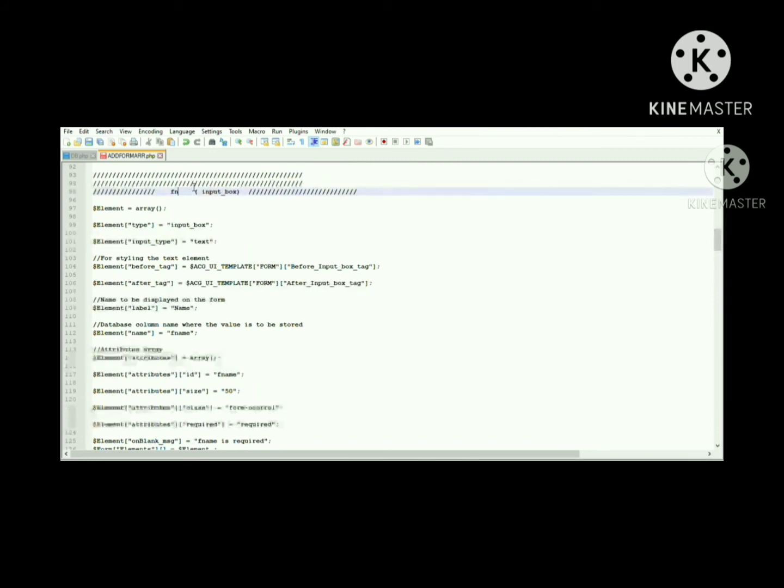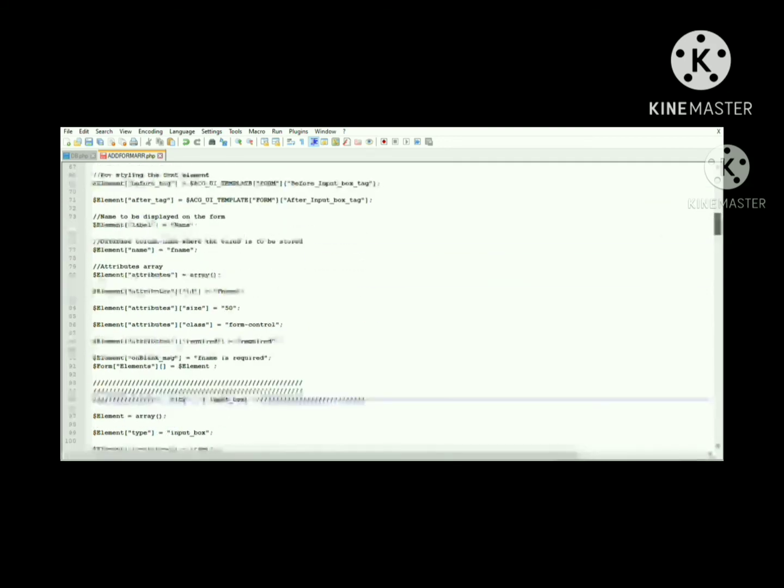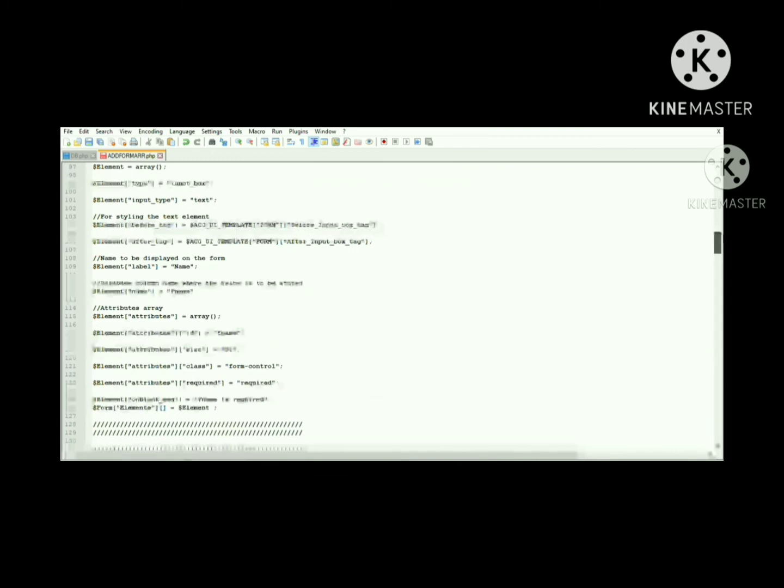Now we'll change the fname to city. We'll change the label name from name to city.